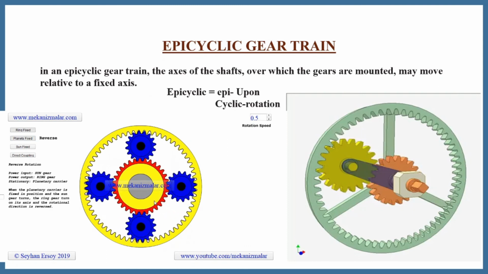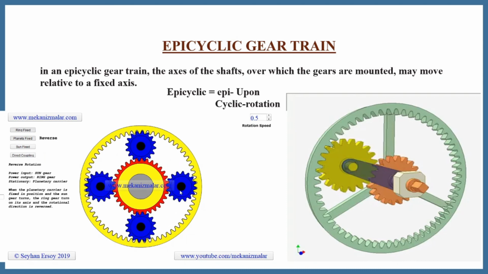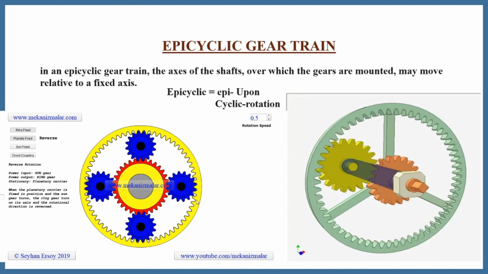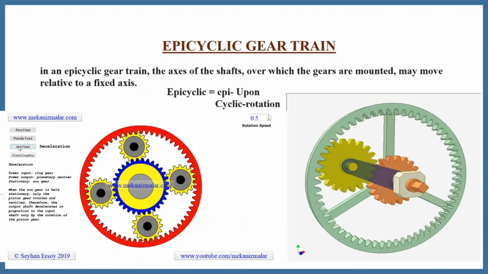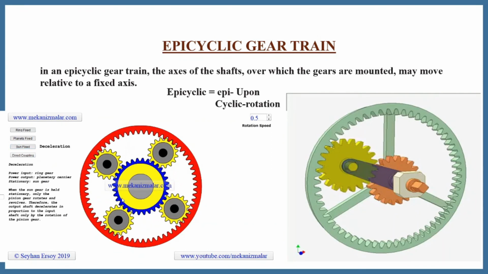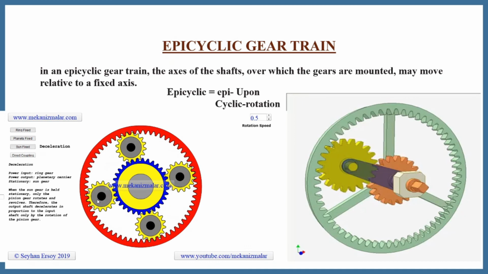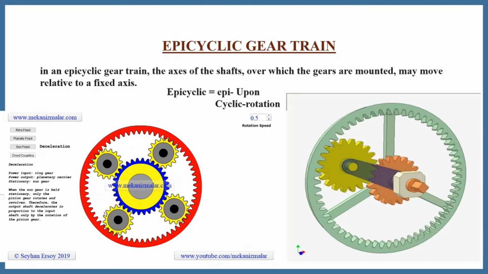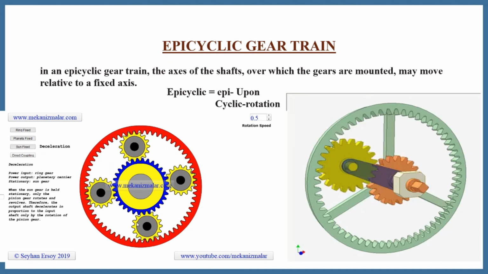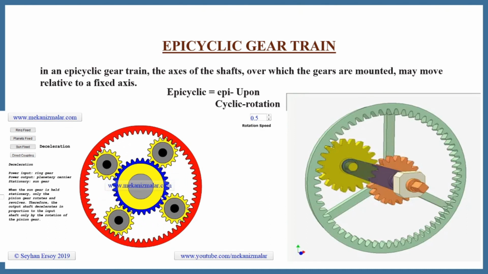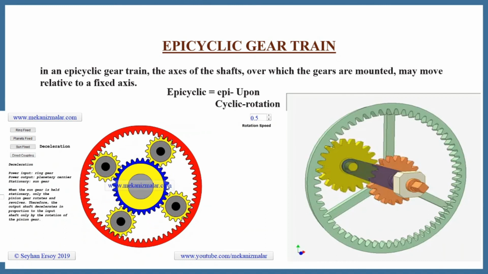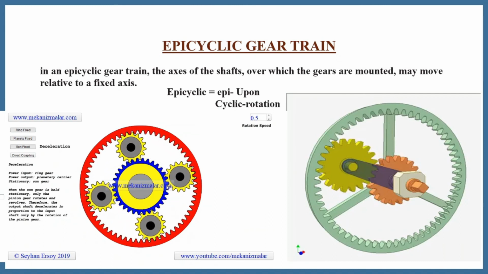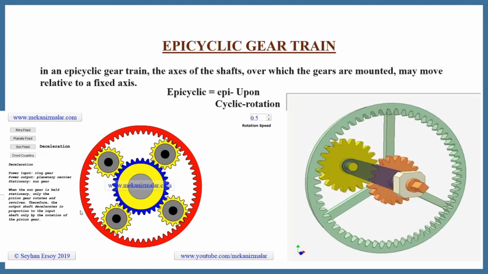From this ring gear, motion is given to this planet gear, and through this planet gear, motion is given to this ring gear. This is just like that simple gear train. When the sun gear is fixed, if we give the motion to this ring gear, it allows these planet gears to rotate, and because of that, the planet gears, which are mounted on one arm, give the motion to another shaft. In this way we can use the epicyclic gear train.